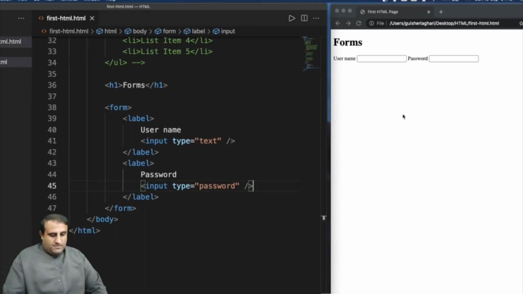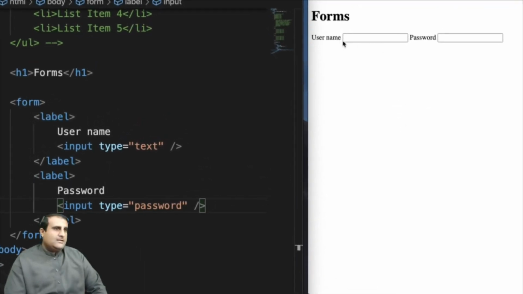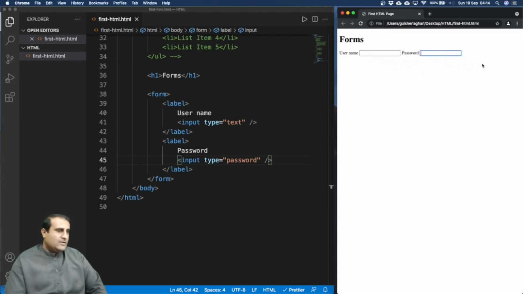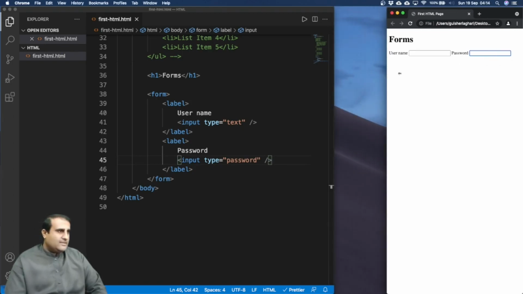One thing we might notice is that these form elements are displayed as inline. Actually, in HTML, we have two types of controls. One is the inline control, and the other is the block level controls or block level elements. So for the inline elements, whenever we have the space, these inline elements are rendered horizontally in a row. And if we don't, let's experiment with this. If we don't have the space, I think